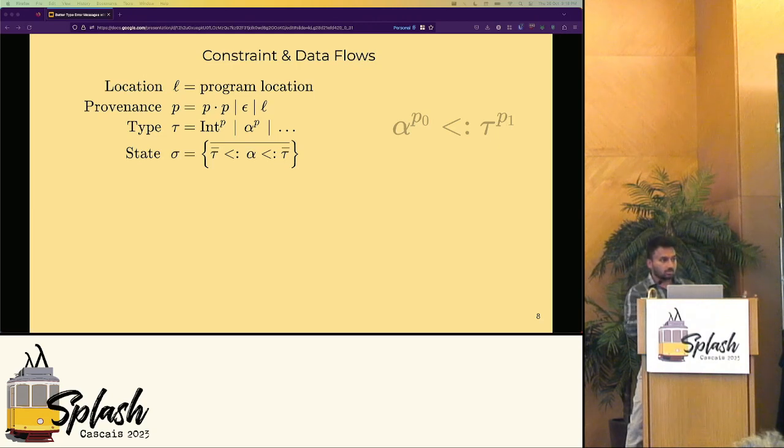Provenances are sequences of program locations. There can be 0, 1, or more locations as provenance. We have primitive types like integers, strings, and type variables. And when we annotate those types with provenances, we get a full type. And then we have some typing state. The typing state stores all the relationships, all the data flow or the constraint relationships between types and different type